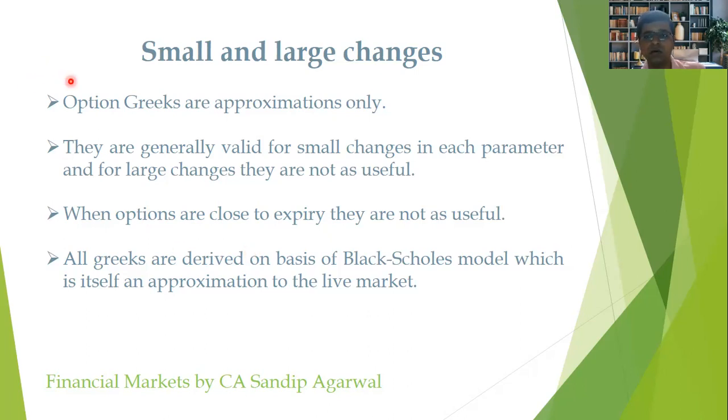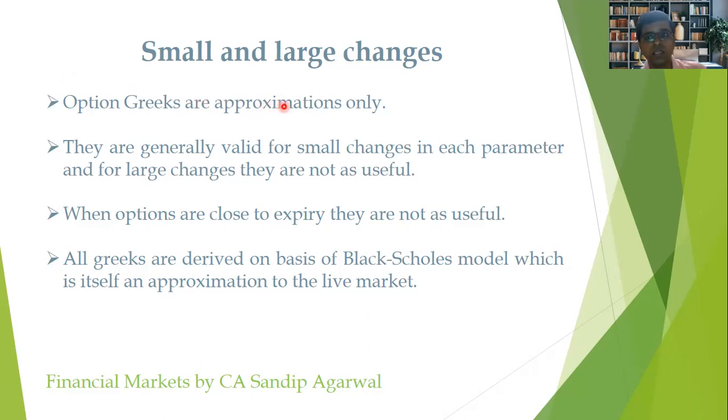So basically, rho is determined according to the change in the interest rate scenario. Whenever the interest rate starts moving in the upward direction, the price of the option will also move in the upward direction. And whenever the interest rates in the market start moving in the downward direction, the option prices will lose value, considering that the interest rates have moved downwards.